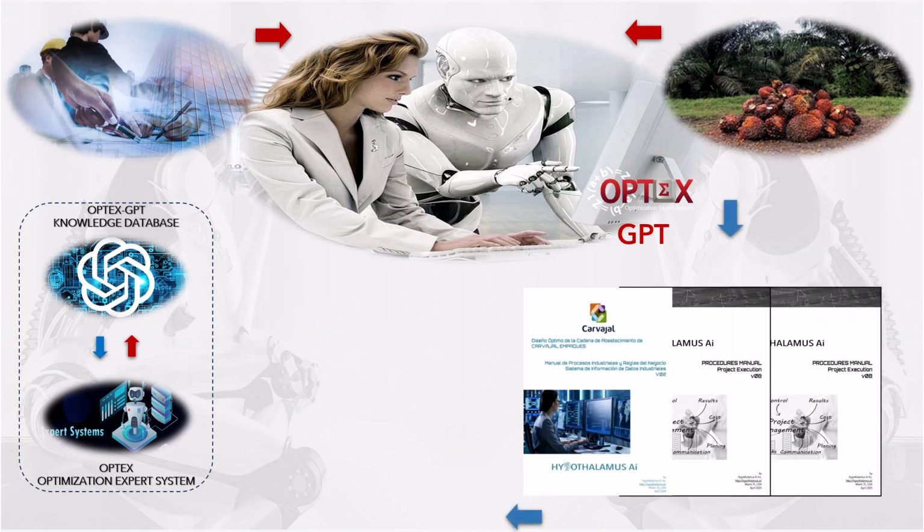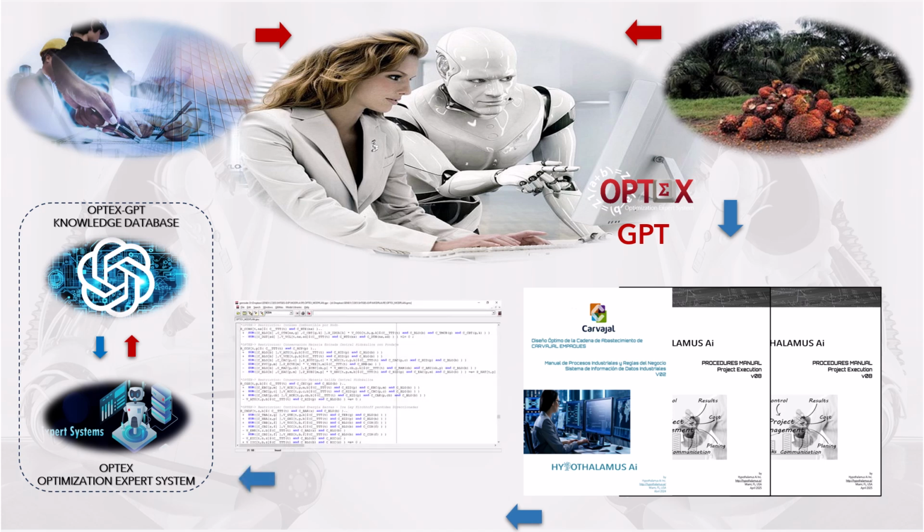In the first part of the execution of the project, or of the commercial activity, documents must be generated, or used, or modified, aimed at delivering to the end user the documents that support the activity. These documents are white papers or videos, or PDF presentations. Prompting engineering is supported by the sequential generation of standard documents, which can feed into each other. If the activity involves the implementation of mathematical models, in the end the algorithms will be obtained and delivered to the user. All the information generated will become part of the OPTEX-GPT database.